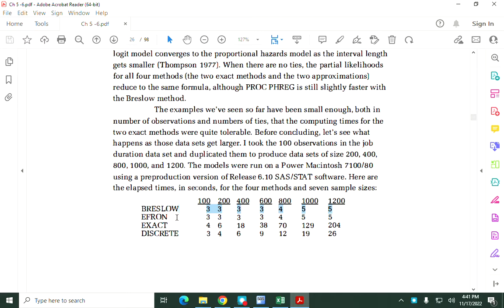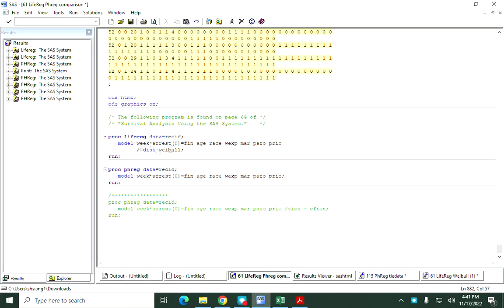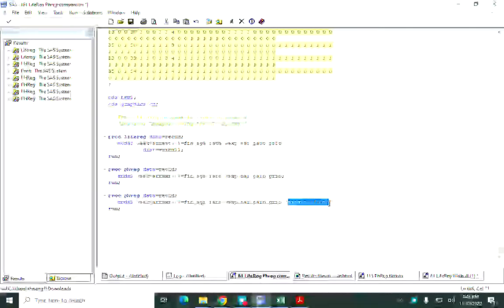One, do you understand how to use ties data? All you need to say in your code is ties. Where's my ties? Yeah, ties. If there's a ties equal to Efron, or a ties equal to approximation. Basically,